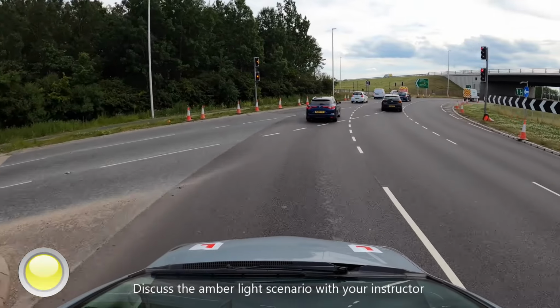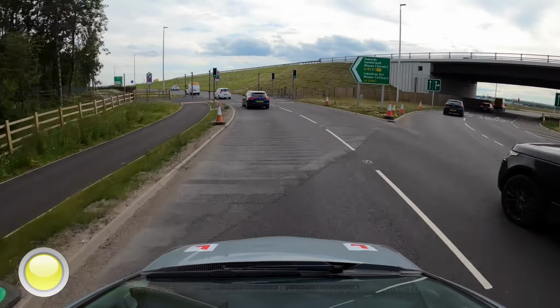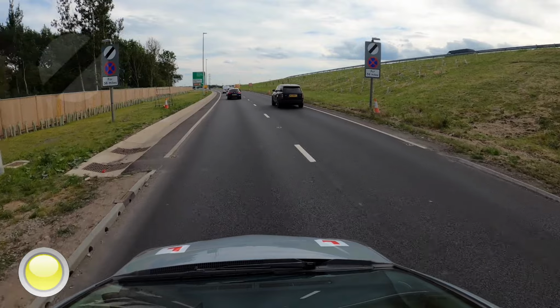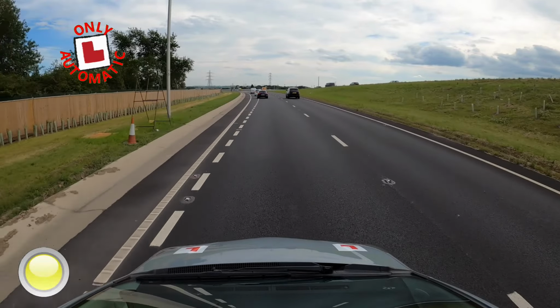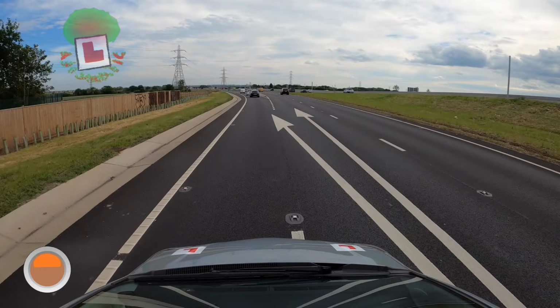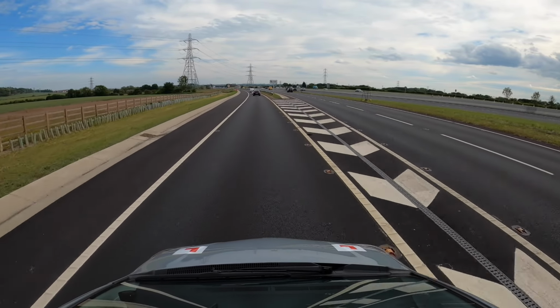The final chapter, heading south from Testos Roundabout. Speed limit is national speed limit, but we're turning left here. The right lane going down the A19 south is national speed limit. The left lane